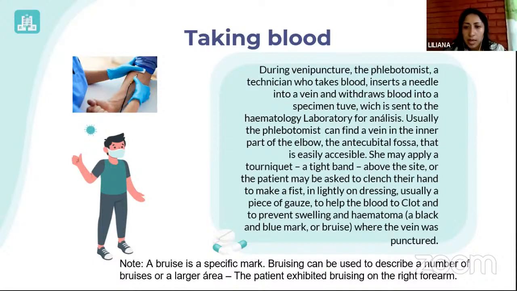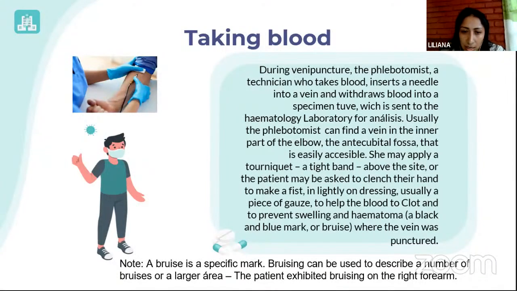Usually, the phlebotomist can find a vein in the inner part of the elbow, the antecubital fossa, that is easily accessible. She may apply a tourniquet, a tight band about the site,